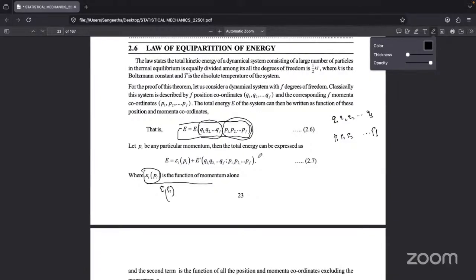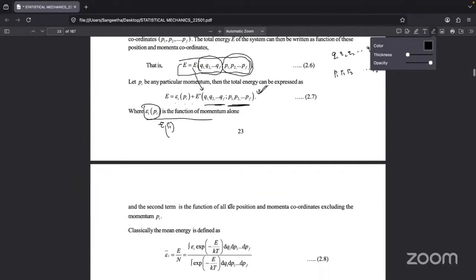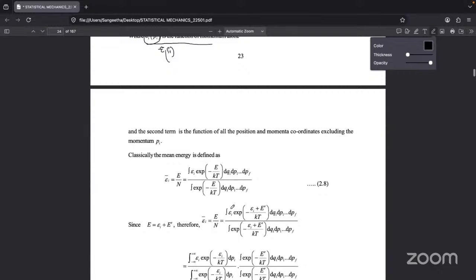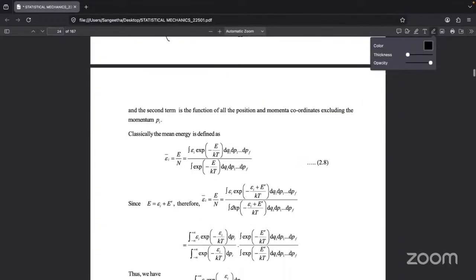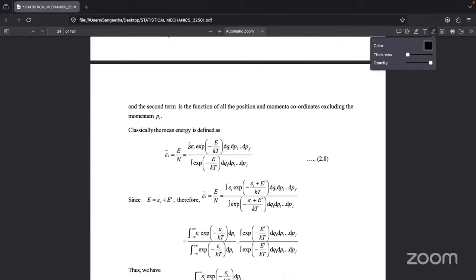So again we are rewriting the equation. E equals sigma of pi plus the original equation as it is. Now this second term consists of both position coordinates as well as momentum coordinates. Now here I am taking the mean energy equation. What is the mean energy equation? Mean energy is epsilon times